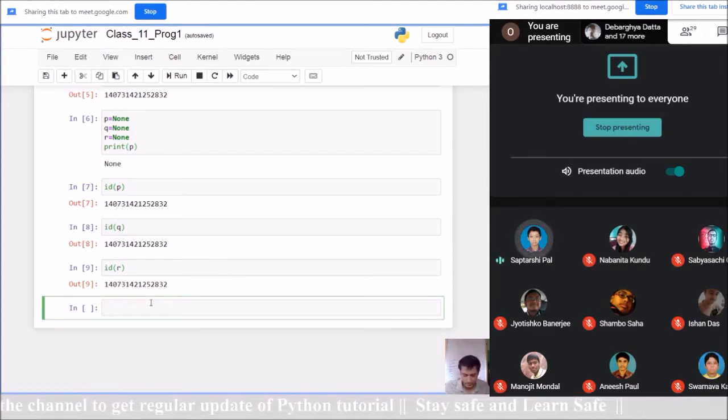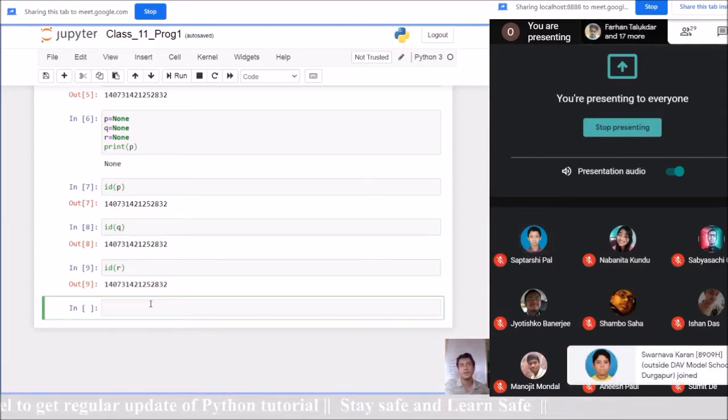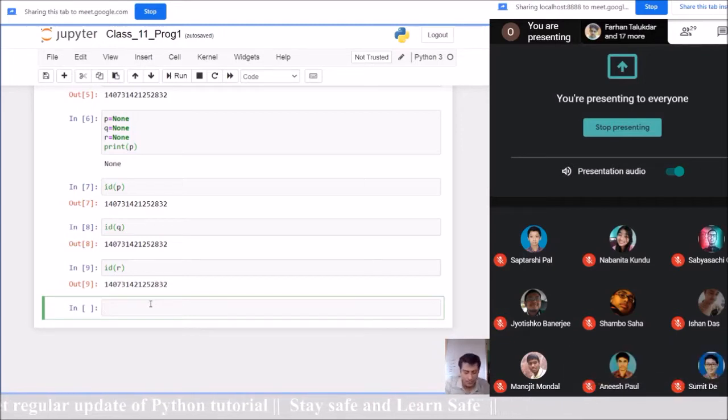Sir, what is the real life application of this None? There are many real life applications, but you have not yet started many different concepts. I am giving one example as an explanation. When we work with a computer, it always allocates electronic memory, right?